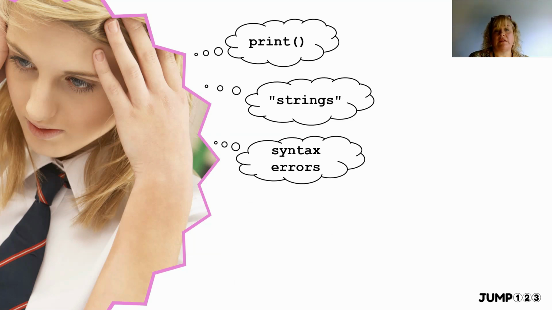One of the things we need to think about with teaching programming is vastly reducing the amount that they are trying to learn in one go. It's not about how much we can teach them in the shortest time possible, it's really about helping students become the best programmers possible, and that means they need a really secure knowledge of these basics before we move on to other things. So it's not about how much you can cover in a short time, it's really about doing it properly and learning it properly in the first place.